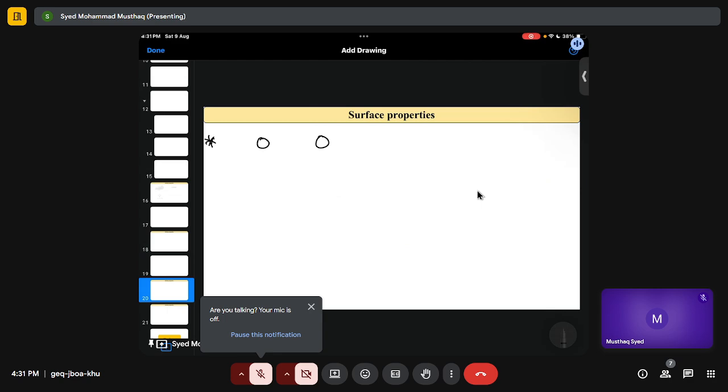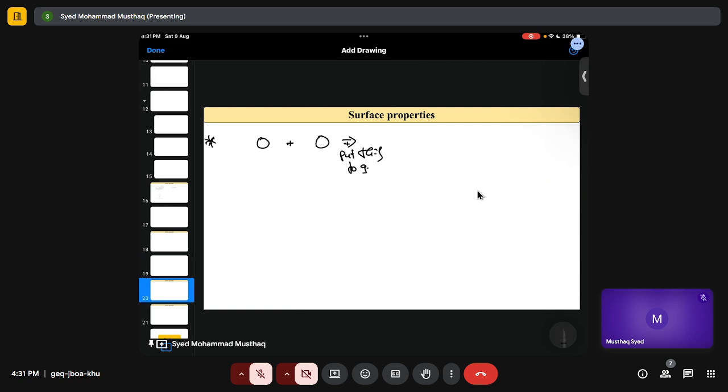So when I try to put these two nanoparticles together, because of the high surface energy, what I'm trying to do is put this together, right? Now what happens after some time,